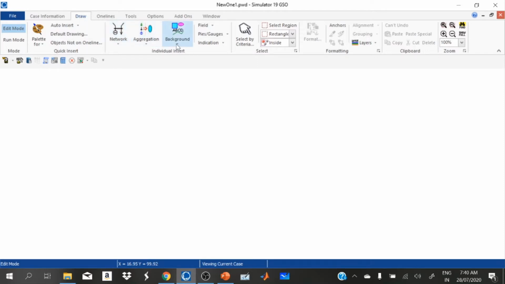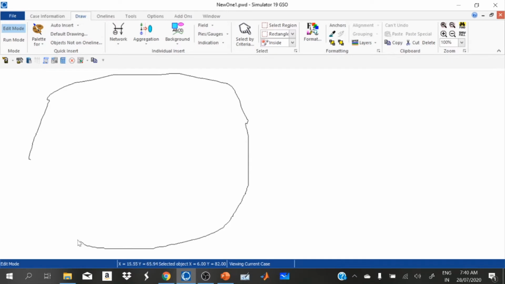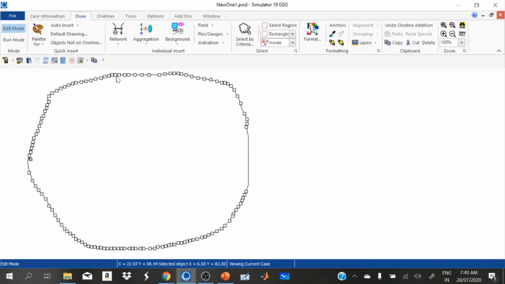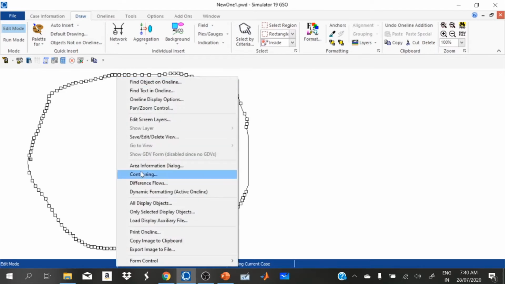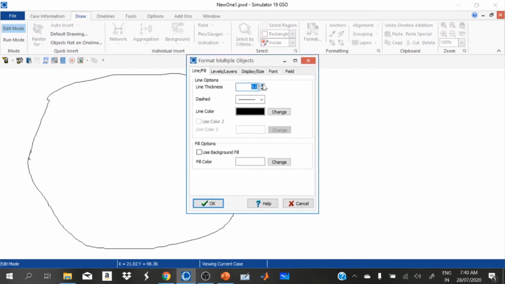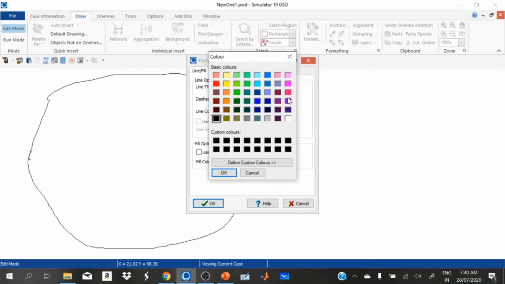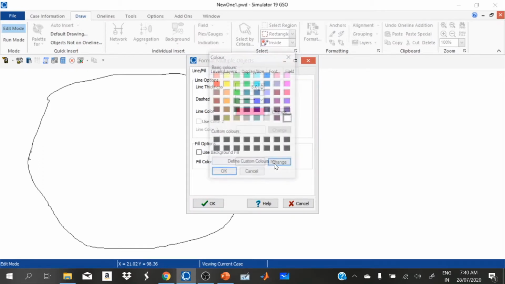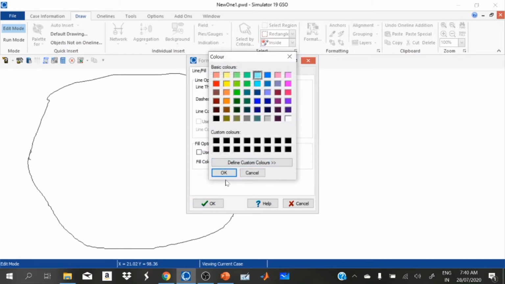First, we define the boundary of area 1. We can increase the size of the boundary and we can set our own color for the background of area 1.